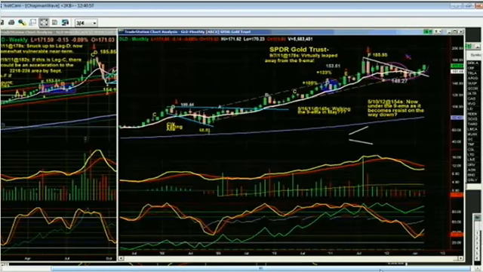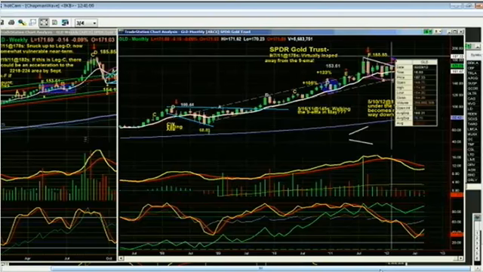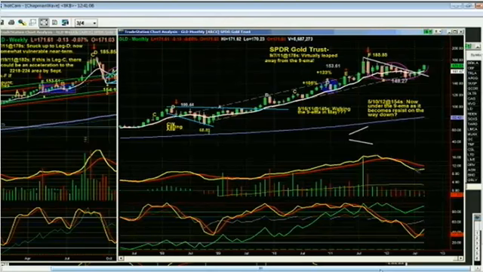And now what's happening is that the GLD is attempting to test 174, the high of the month of February of this year, and the stochastics moved up. The MACD is still not great, but it is moving higher. So much for, that's what I'm saying, that chart patterns repeat. So let's go back to the HG, that's high-grade copper.